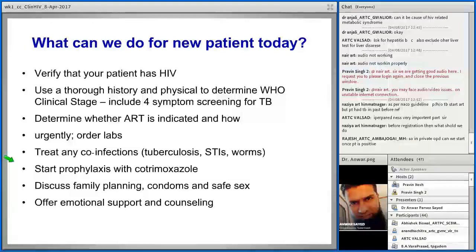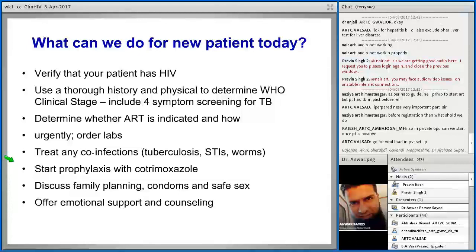The reason we are not able to roll out the day-one test and treat policy is because many things have to be seen. The patient load, the increasing requirement of drugs, and all that are to be planned, and that will be done by NACO very soon. Once NACO is ready, there will be a launch of test and treat in NACO also. It is coming, but please wait until you receive instructions from NACO, because if you start without NACO's instruction, then you'll run out of drugs and then you'll not have ART in your centers. That will be the worst scenario.